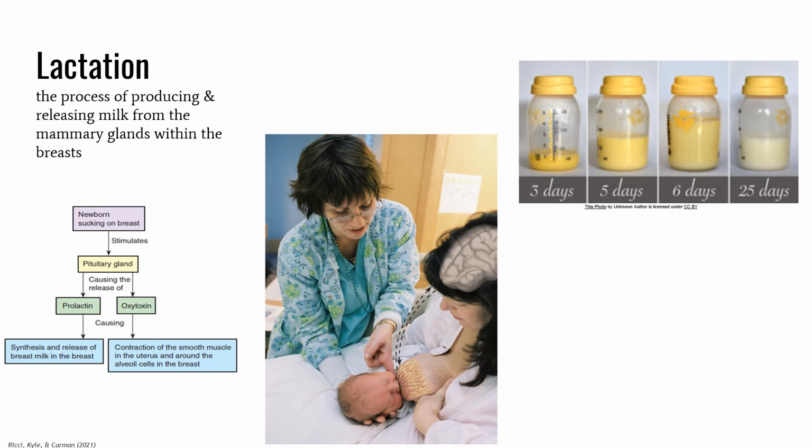It is only after birth takes place that breast milk is secreted instead of colostrum. This takes place within 4 to 5 days after giving birth. The following chart in this slide is from your Ritchie textbook, and it shows the lactation process. If you're not sure what lactation means, it's the process of producing and releasing milk from the mammary glands within